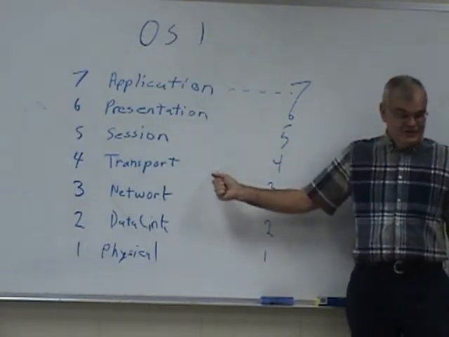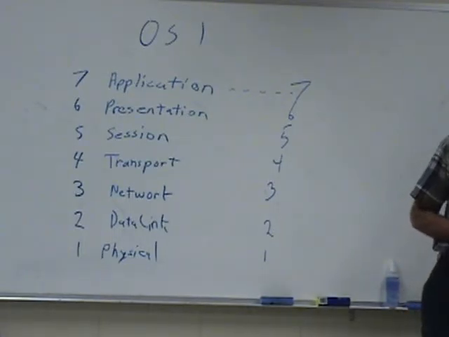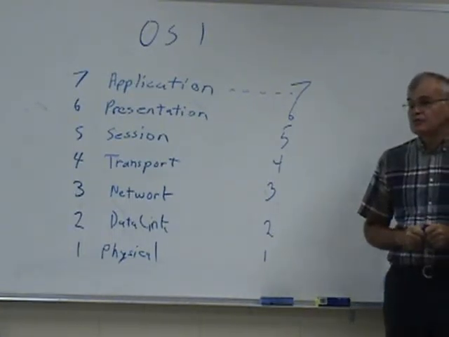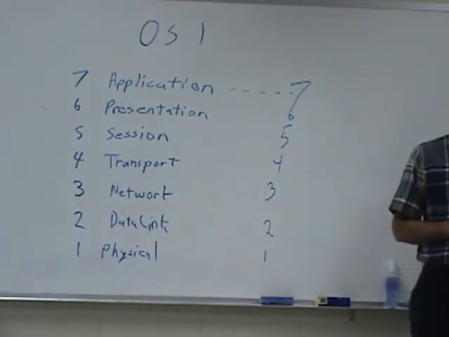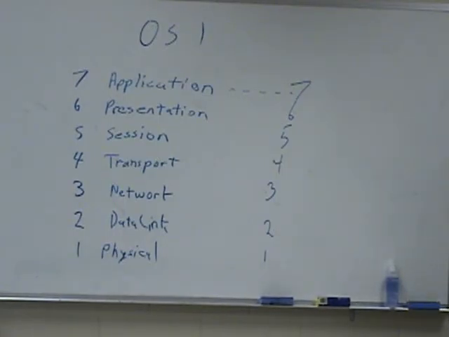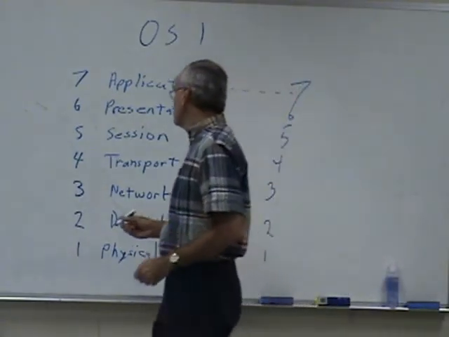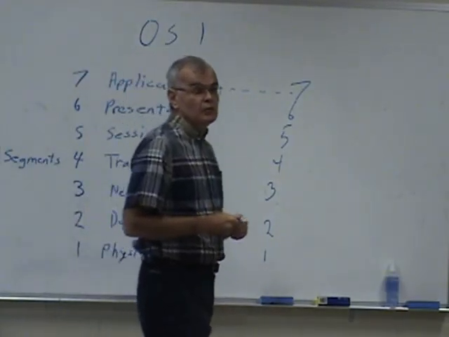All right, transport layer. When we get to the transport layer, we actually start doing stuff to the data, which is what we're going to do from here on down. On the transport layer, we're going to break our data up into usable segments. So we're going to have segments on this layer. You're limited as you go across the network, and this